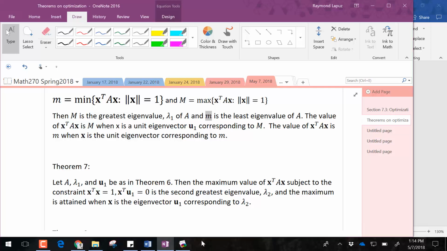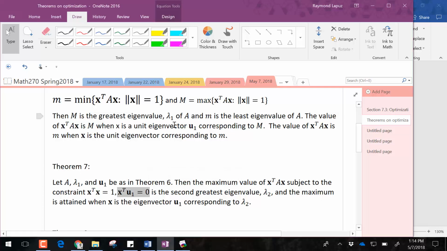Now the second theorem, yes? Yeah, that's partly, yeah. And it's also going to be important for the last section that we're doing tomorrow or Tuesday, Thursday, Wednesday. The next theorem,